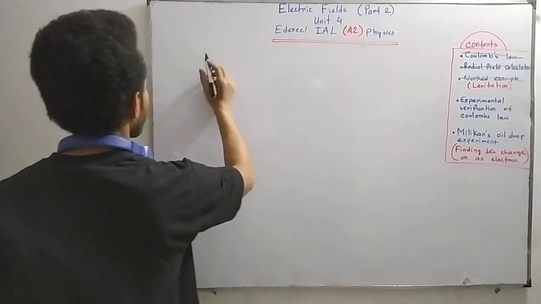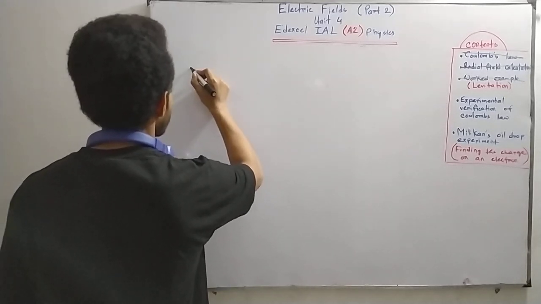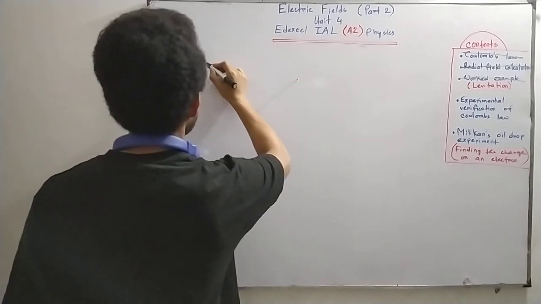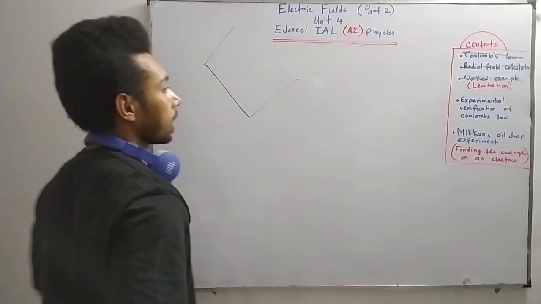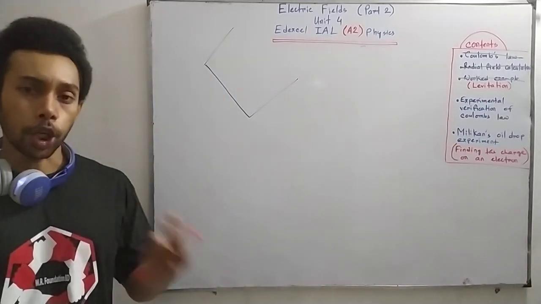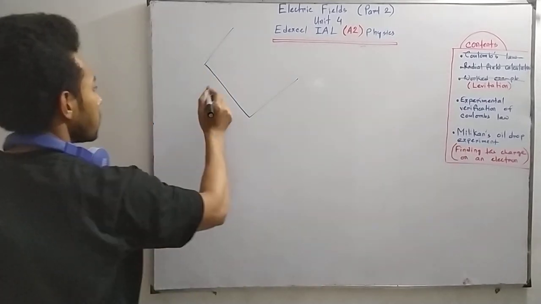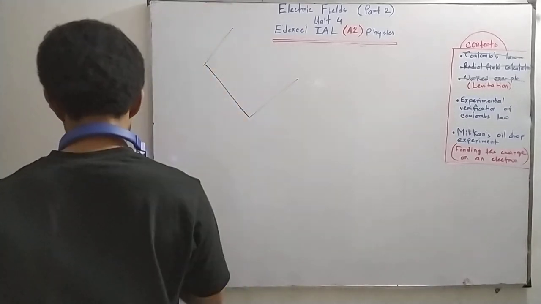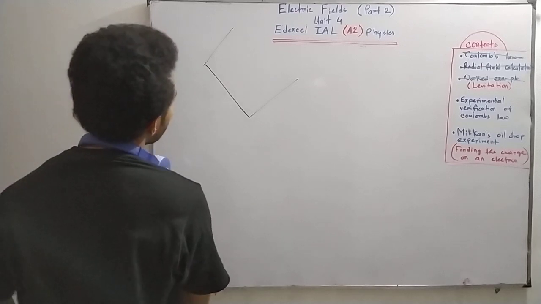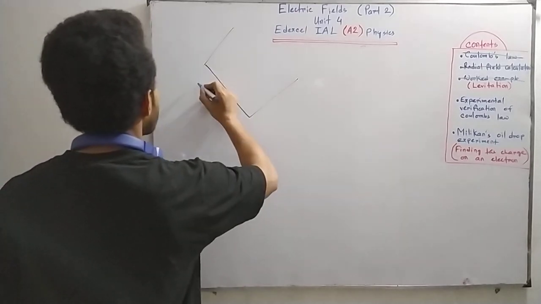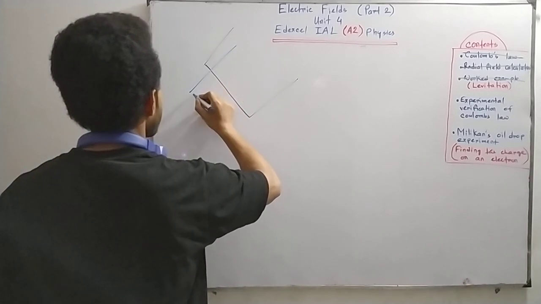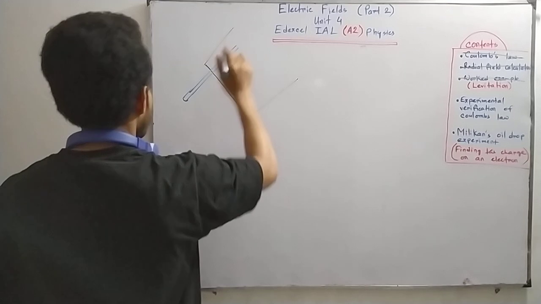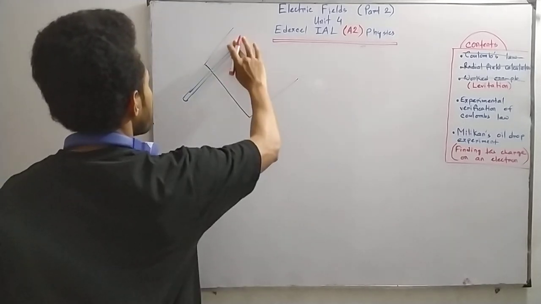For example, this is a bench, and you'll require a torsion balance, an insulating rod, and here